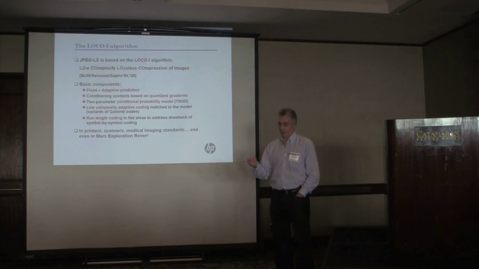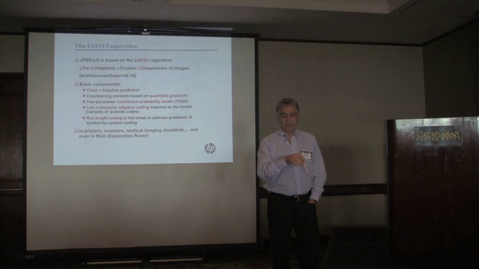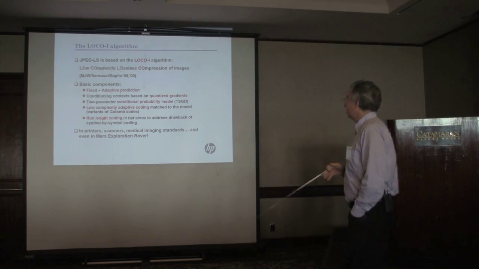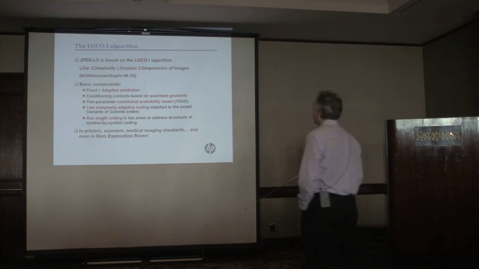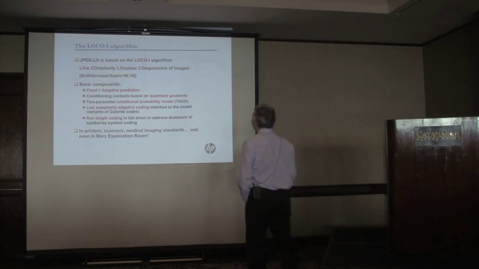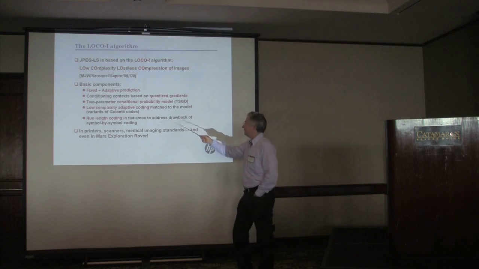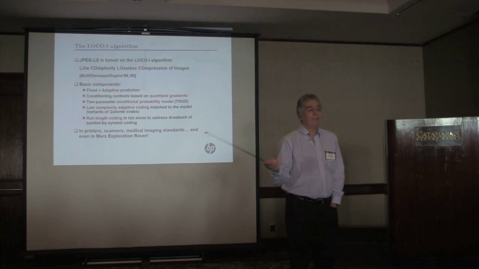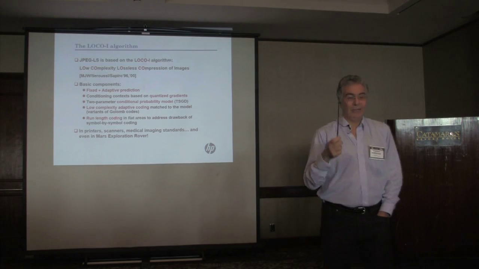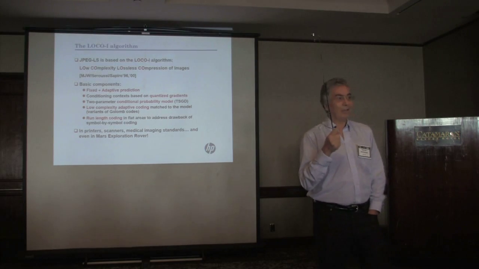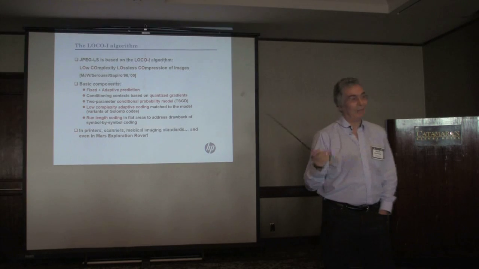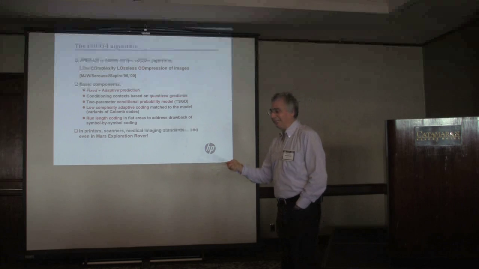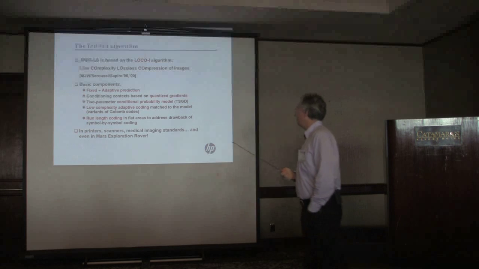So that's where what I said about the model not being completely detached from the coder comes in. These are variants of Golomb codes. And then we have run length coding in flat areas to address the drawback of symbol by symbol coding. Because if you don't use arithmetic coding, you will be doing symbol by symbol coding, which means that you will spend at least 1 bit per symbol, which in flat areas is too much. So in those areas, we detect them and we do run length coding.